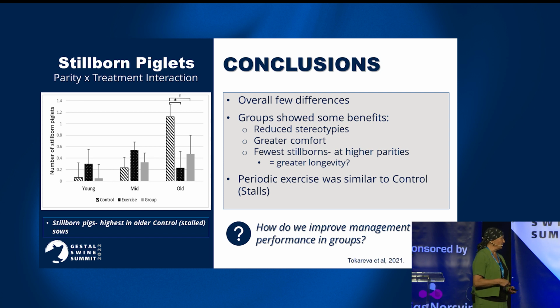And in the other studies, we also did see reduced stillborns in that early mixing in the younger parity sows too. And yet to really understand the mechanism of that. But I'm sure maybe some of you here might have some thoughts on that. So yeah, overall there were few differences in these treatments, but the group housing did show some clear benefits in the stereotypies, the comfort, lying